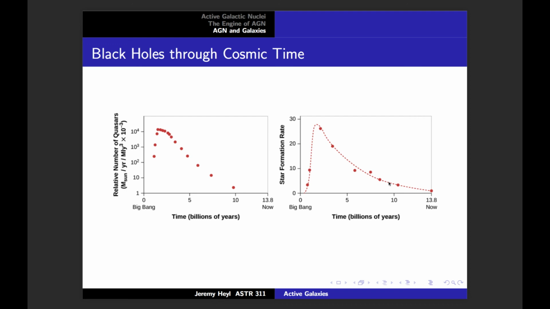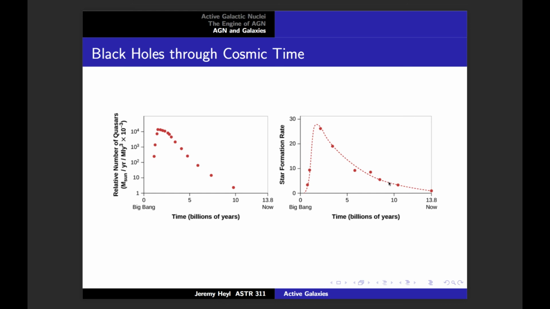If we look back in time, you can see that when there were lots of stars forming was the same time as there were lots of AGN, right? Now, how are those two connected? But they're definitely correlated, that star formation and AGN are together. Maybe when you have lots of star formation, you feed the black holes more, so you get lots of AGN activity, or maybe if you feed black holes, it makes lots of stars form. But we can see this